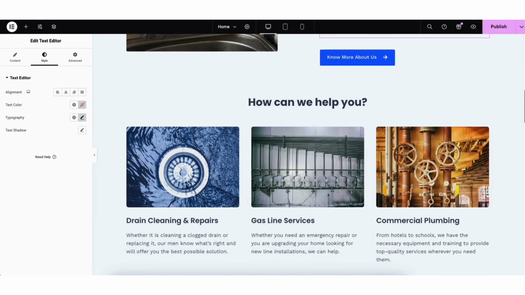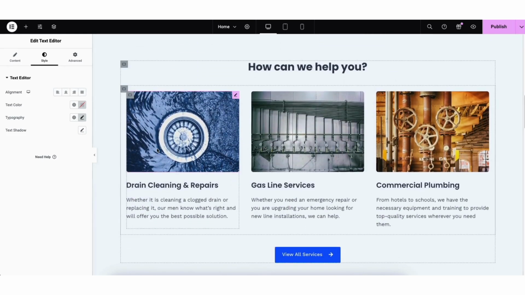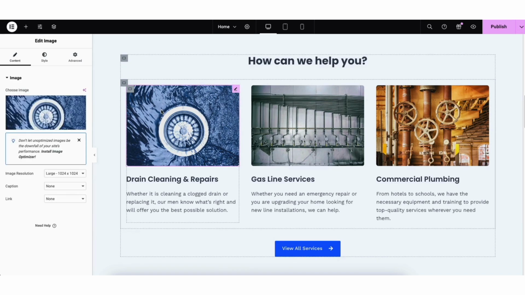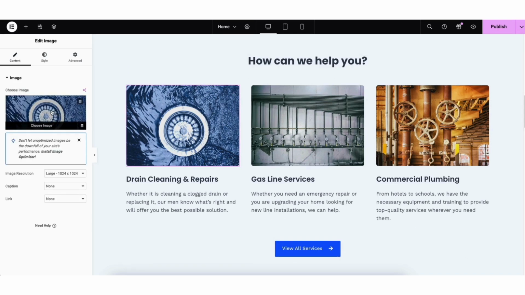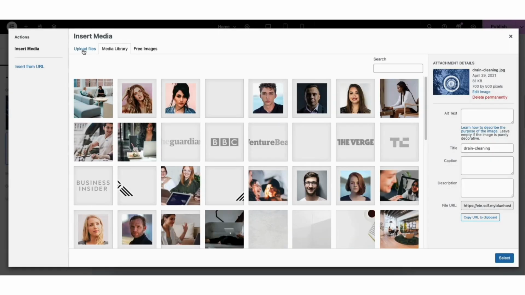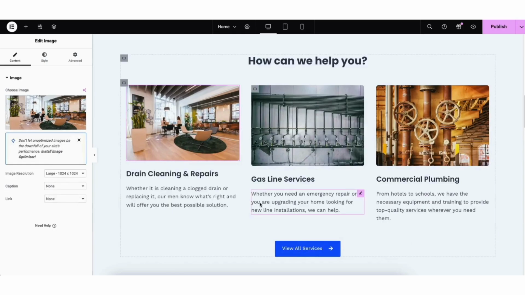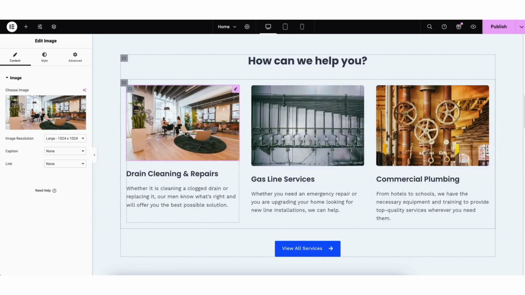Scroll down to this section here. If you want to change an image of a section or add an image for a section, click in the section. This is where you can edit the image. Remove the image by clicking the trash can icon or click into the image. You can then upload an image or choose an image already uploaded to WordPress. I'll select one I've already uploaded. I'll click the select button. The image has now been added.